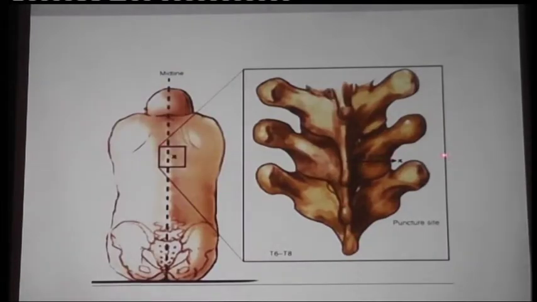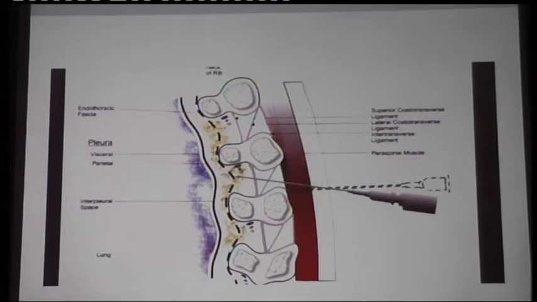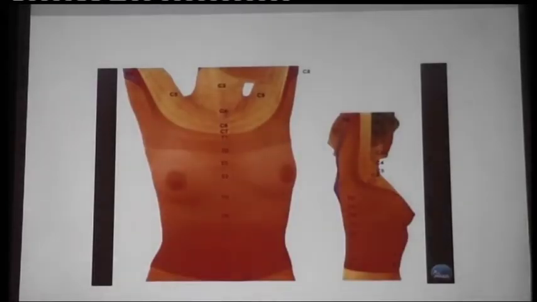Here you can see this is the spinous process, and it is parallel to the transverse process of the lower vertebra. So if you are feeling the spinous process of T1, it is parallel to the transverse process of T2. So if you want to block T2, you have to go parallel to the spinous process of T1. Here is the technique as I described. You first hit the transverse process, redirect the needle, and you will enter the thoracic paravertebral space. These are the dermatomes. You have to give the block according to the level you want to block.